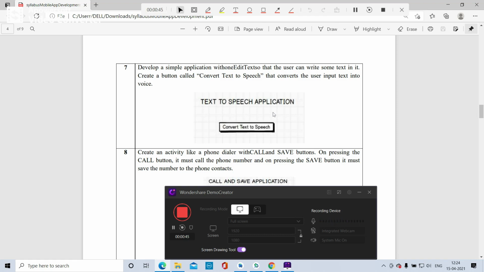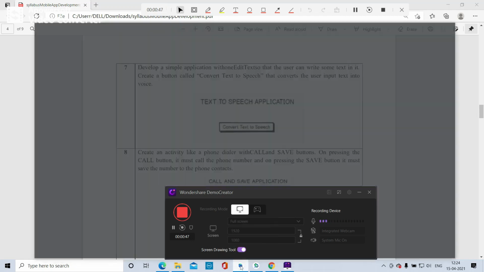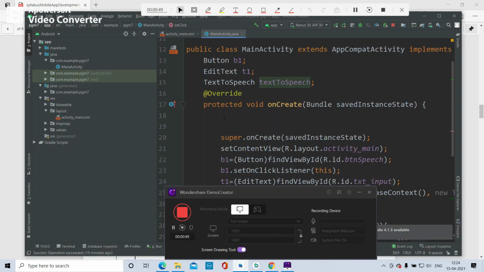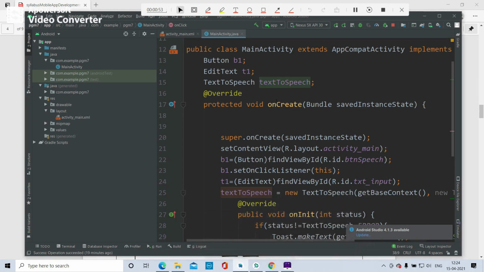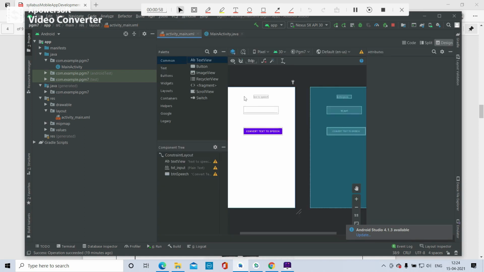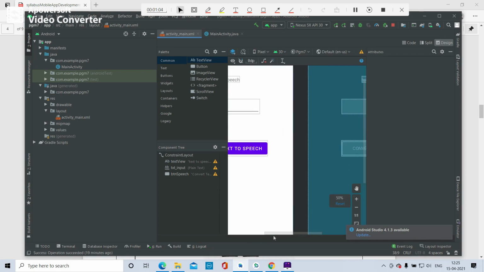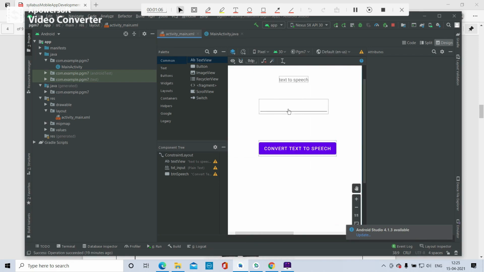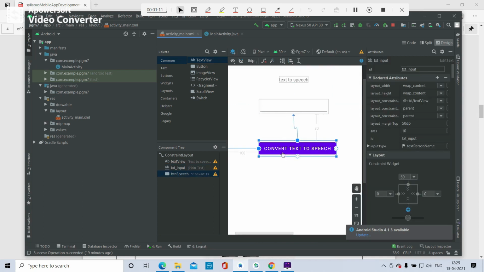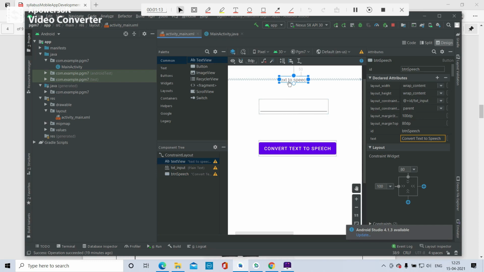To do this, we see how to write the application. First, we need to design an interface. The interface is designed already. You can see the interface with one text box, one button and one text view, which gives text to speech conversion.